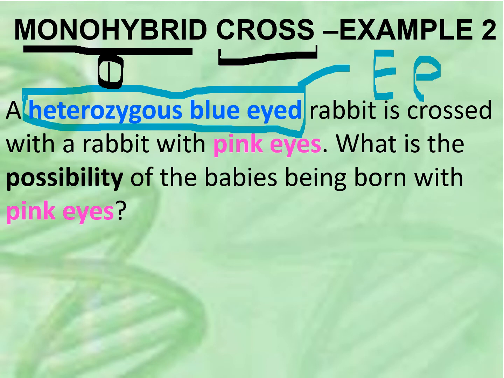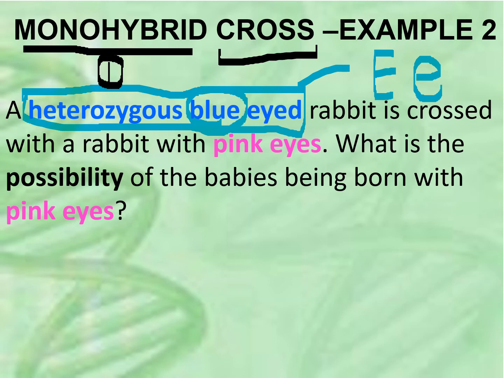However, it is blue-eyed. So in a heterozygous combination, if it is blue-eyed, it means that the blue allele is being expressed, and so the pink allele is being masked in the heterozygous condition. So your capital E must be dominant,